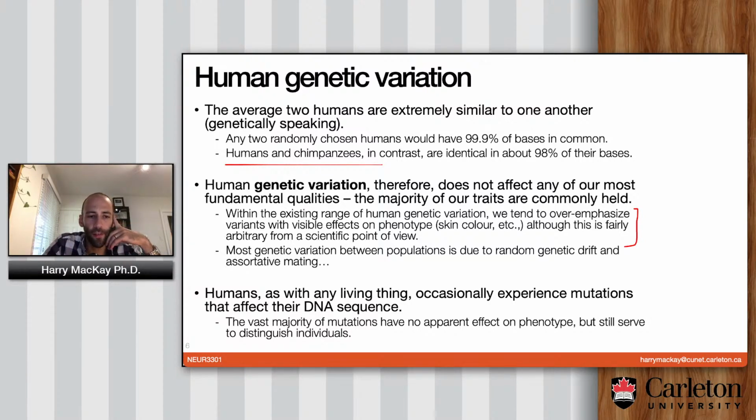And then most genetic variation between populations isn't due to selection exactly. It's mostly just due to random genetic drift. If you take a bunch of people and put them on one continent, and then you take another bunch of people and put them on a different continent, and keep them separate for 50,000 years, they will end up genetically rather different from each other. Not necessarily because the environment has been selecting certain characteristics. It might just be because of random drift, and they're all interbreeding, and there's sort of an island effect there. So a lot of this doesn't have to do so much with natural selection or survival of the fittest or any of that kind of stuff. It's just basically random drift and random change over time.